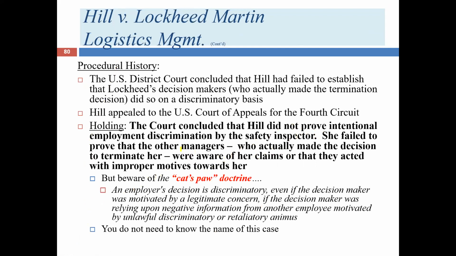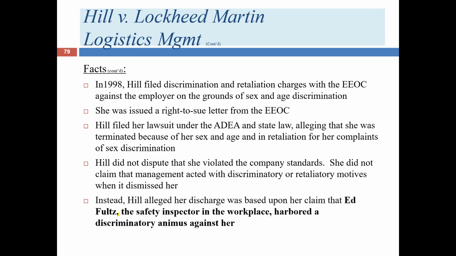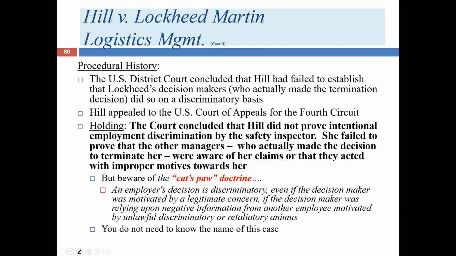But if the facts had played out a little bit differently for Hill, she might have been successful. Let's say she had been able to prove that Ed Foltz was discriminating against her, had a gender animus or age animus against her. And he shared this information with more senior management who were innocent of any bigotry, but they believed what Ed told them. We call that the cat's paw doctrine, and it's important that you be aware of this because if